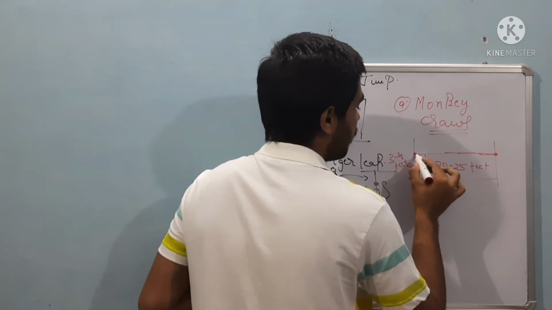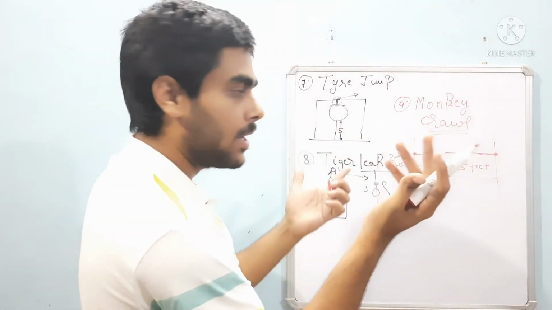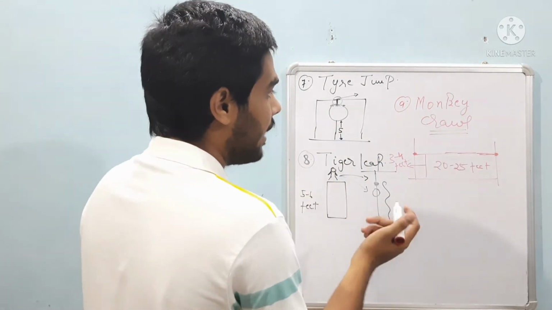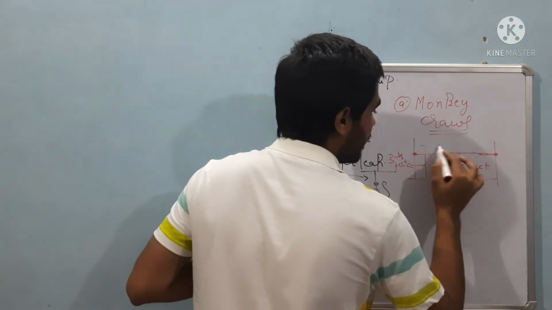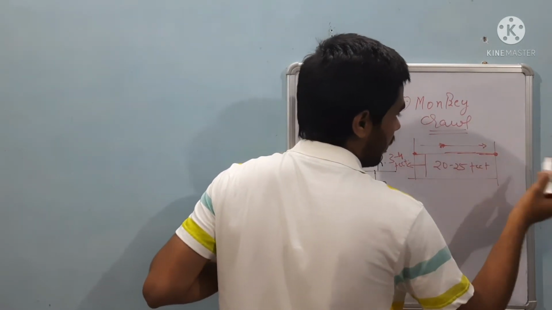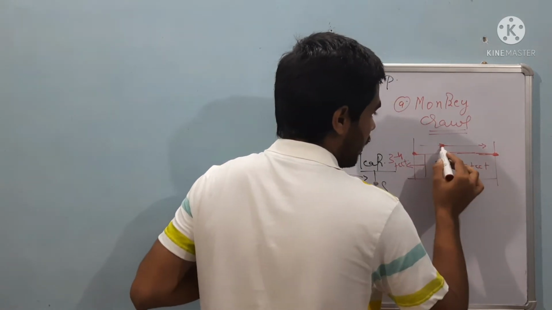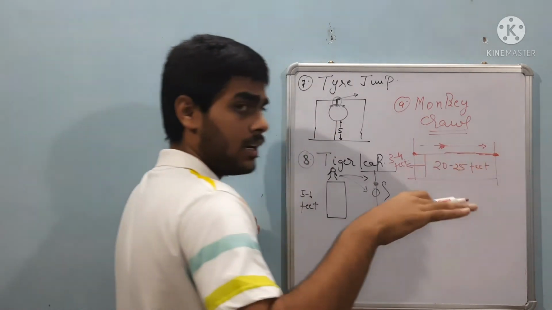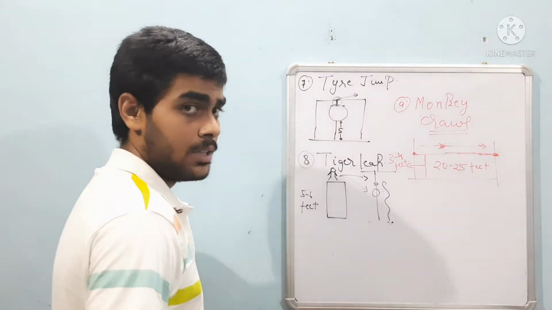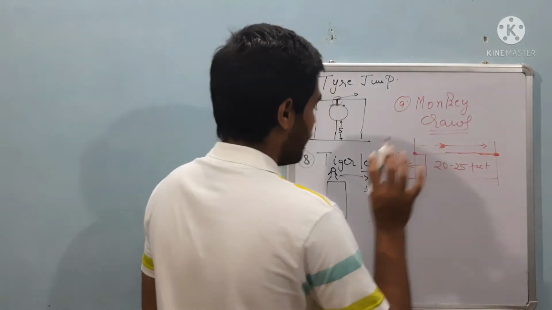So you have to climb up here and crawl upside down like a monkey, holding the rope with your hands upside down. So you have to move in this way, and you will reach here. So this is also a moderate level individual obstacle. In this the hardness is moderate, so you can do this easily.